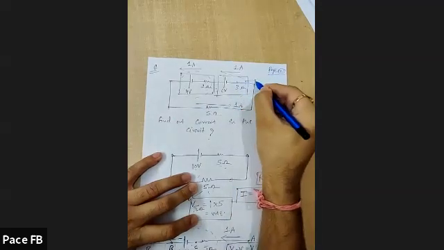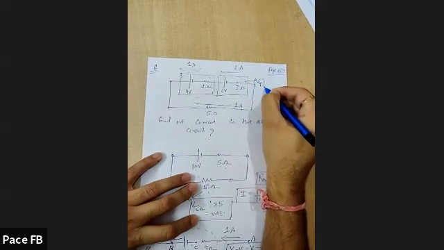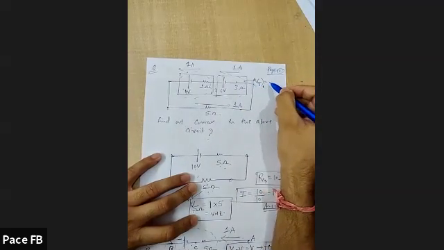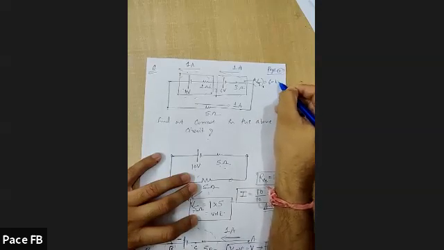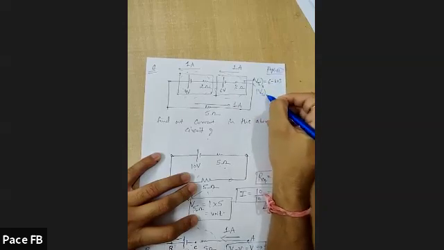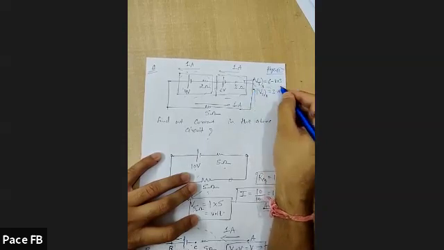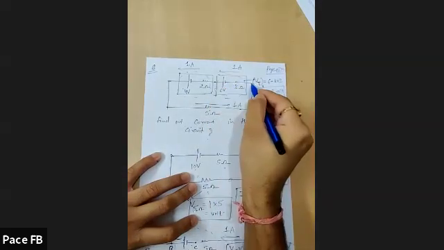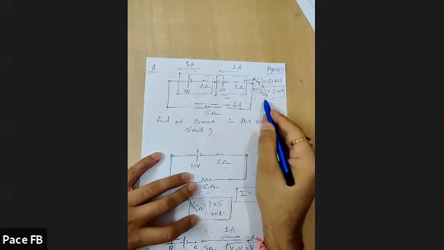What would be the terminal voltage across this first cell? It would be EMF minus I times R. The EMF of this cell is 6 volt, minus current 1 ampere multiplied by internal resistance 3. So the terminal voltage across this first cell would be 3 volt, across this point and this point. Between these 2 points, it comes out to be 3 volt.